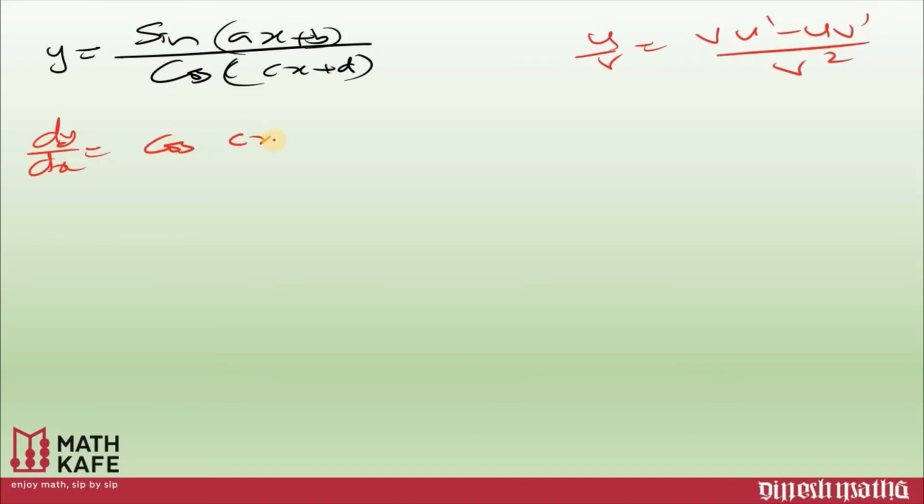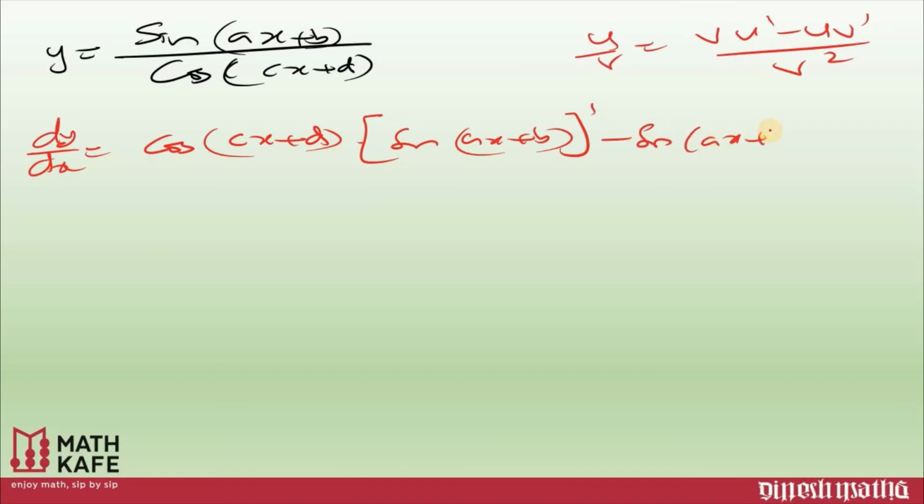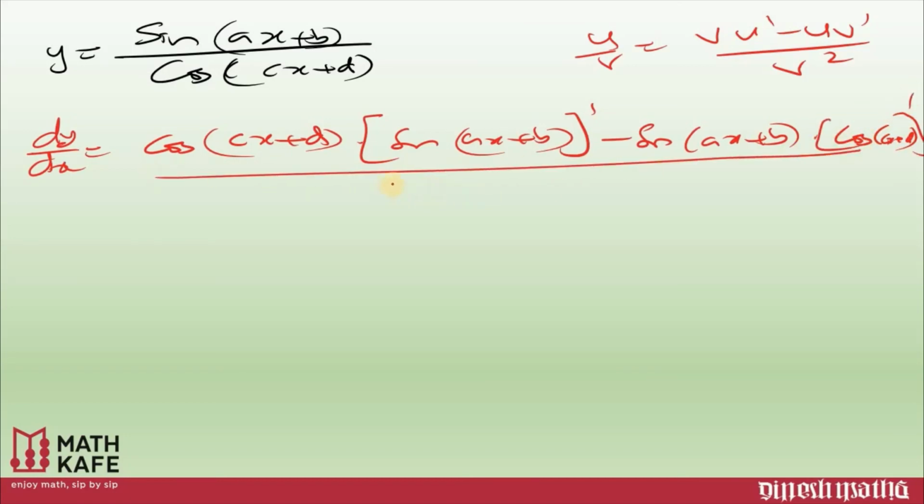Next question is sin of ax plus b by cos of cx plus d. How do we differentiate? See, dy by dx is equal to u by v, and remember the formula vu dash minus uv dash by v square. V is cos of cx plus d into sin of ax plus b, its derivative. I'm just writing an additional step. If you want you can skip that. Sin of ax plus b into cos of cx plus d and its derivative, and the whole divided by what? Cos of cx plus d the whole square.